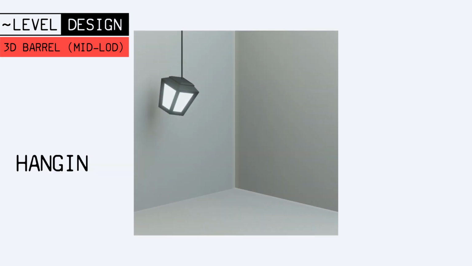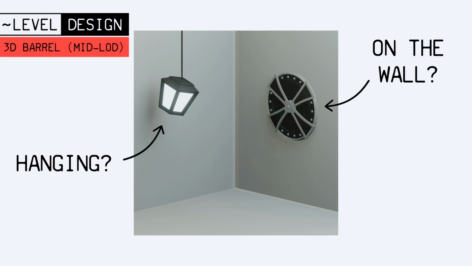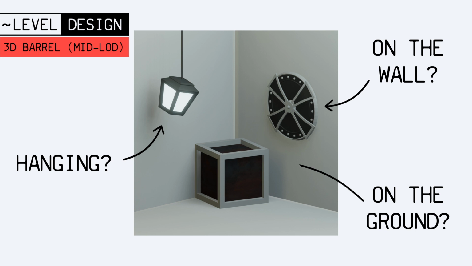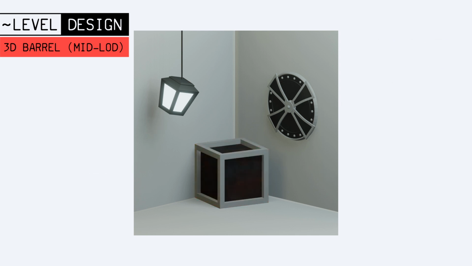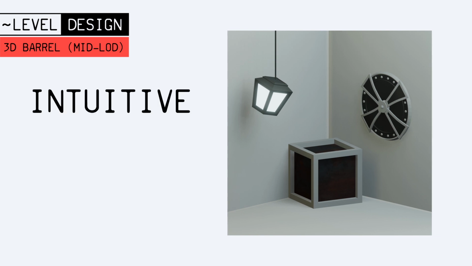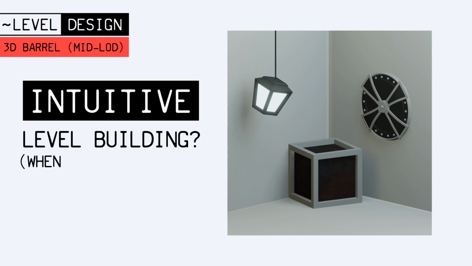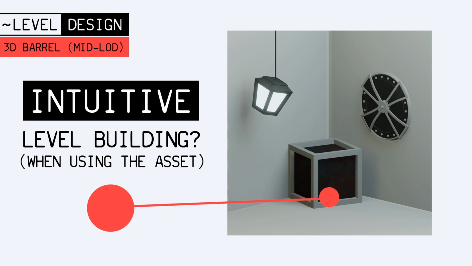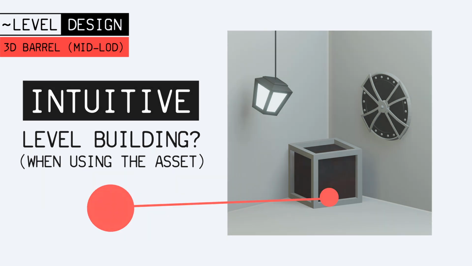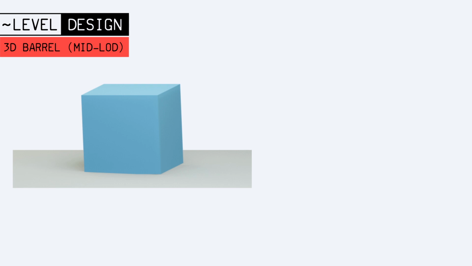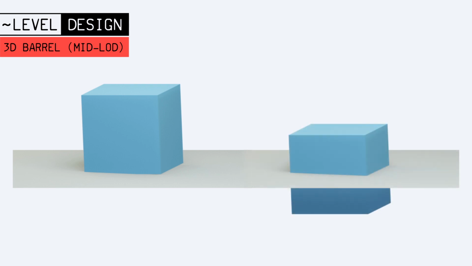Will it be hanging from a rope, like a lantern, or stuck to a wall, like a decorative shield, or just slapped on the ground? Here it would probably be the third option, and in this case it can be more intuitive for the level builder who will use your asset to replace the placeholders to have the object have its origin point at the bottom. This way, if you place it at a height of 0, you don't have half of it in the